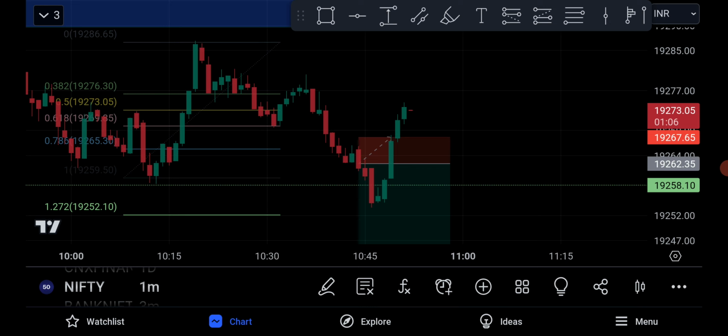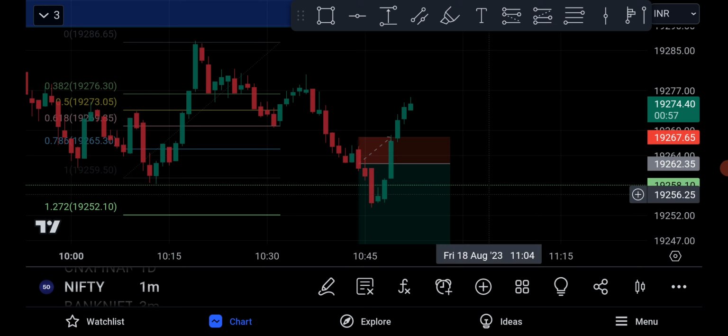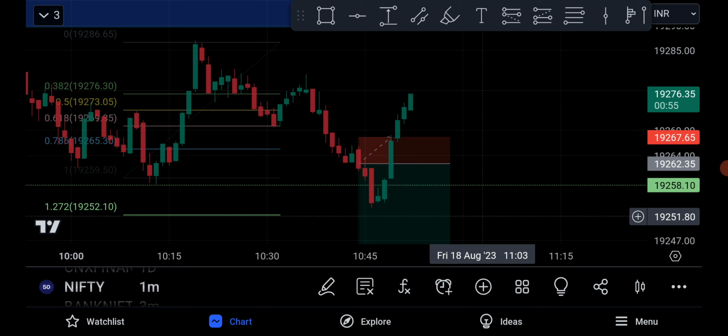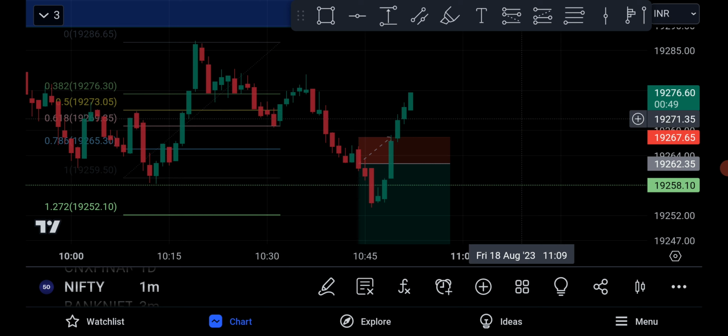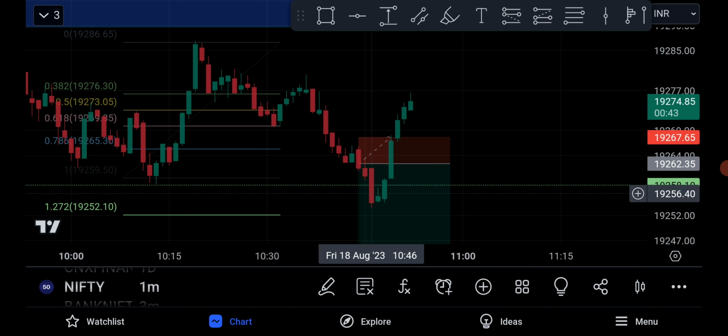See, there are two scenarios here. Why did the trade fail? It didn't actually fail. We can remove it cost to cost because the market almost touched this 1.2 level and got reversal. So we can remove it cost to cost. So once the market has gone down in this candle, we can move the stop loss to cost